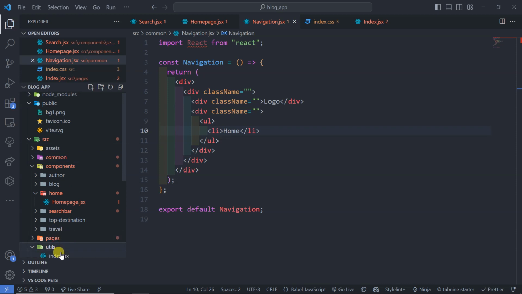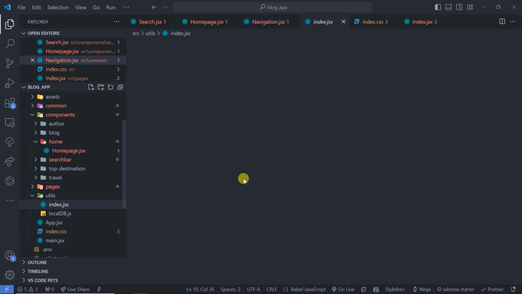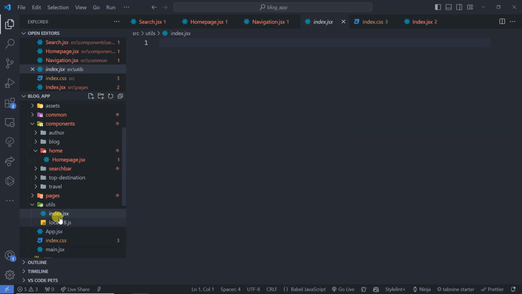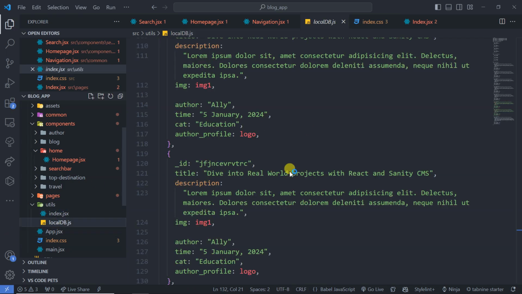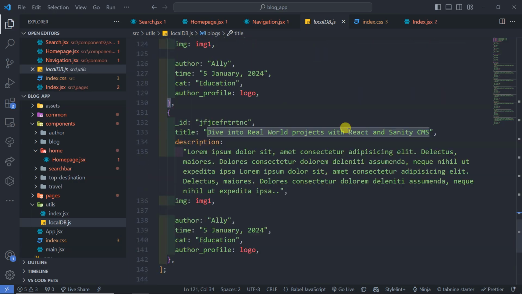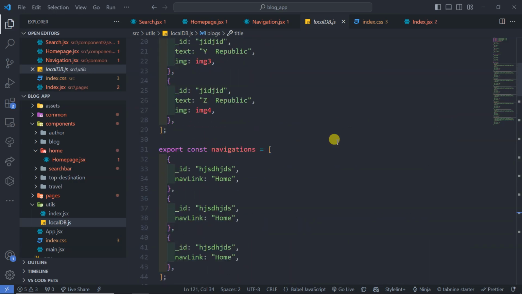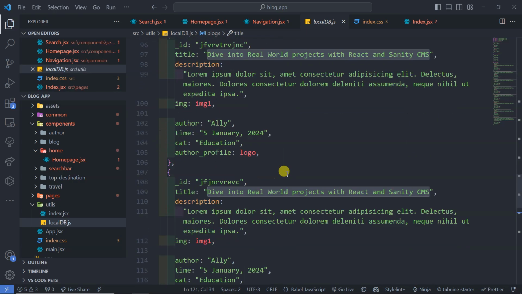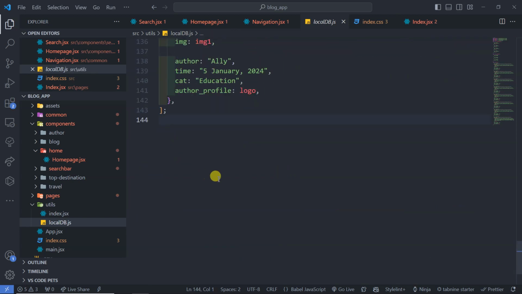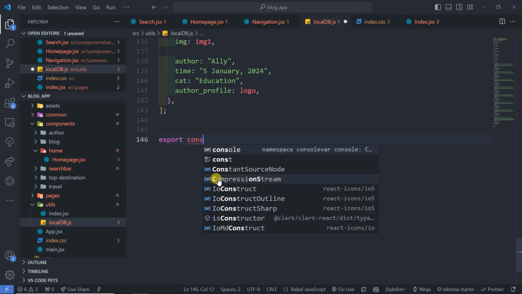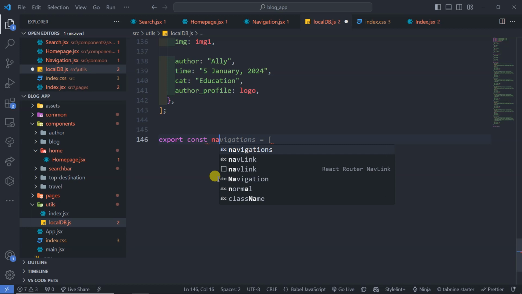utils file here within the index in the util, our local database. Here is what we have for the news. So we are going to create a navigation for our navbar. So const, let's go export const navbar, let's call it navlink, let's just call it links like this. It's equal to an array of